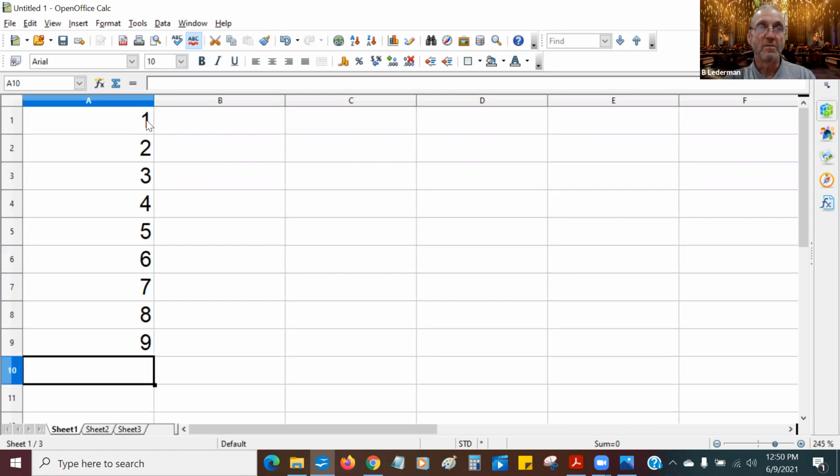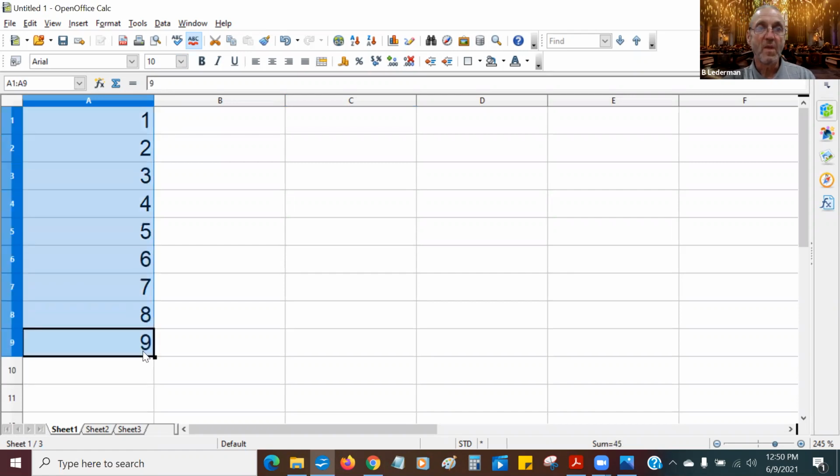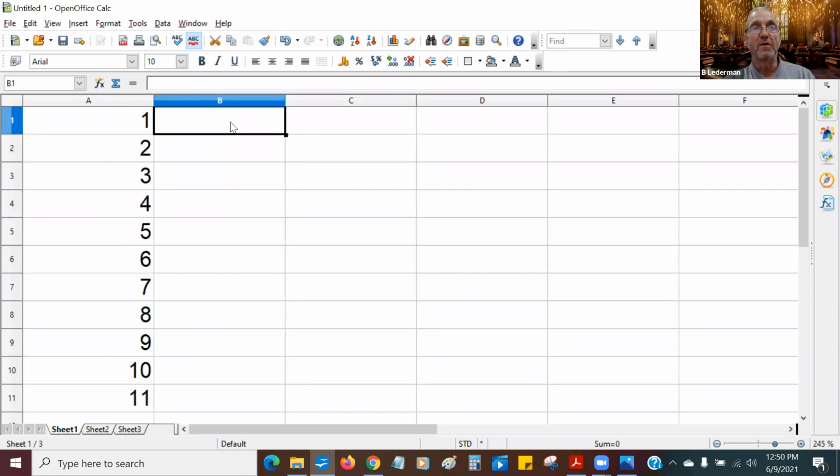I have a bunch of numbers here. And now I'm just going to make this equal to 1, and this I'm going to make equal to